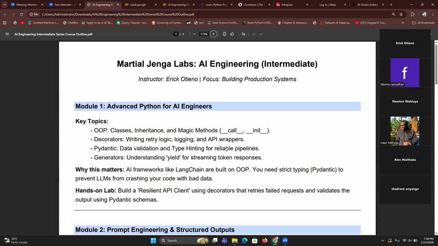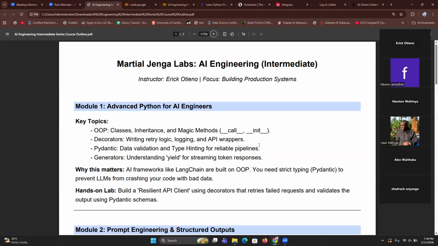Just as usual, if you have any question, feel free to put it on the chat. Then we will be addressing it as we progress. In our AI engineering intermediate series, we are going to advance a little bit on Python. So we are going to recap on